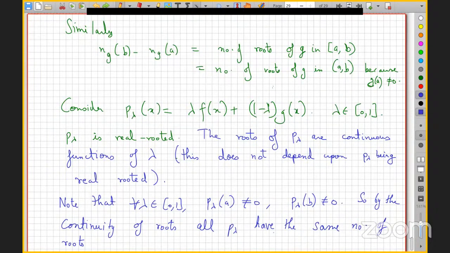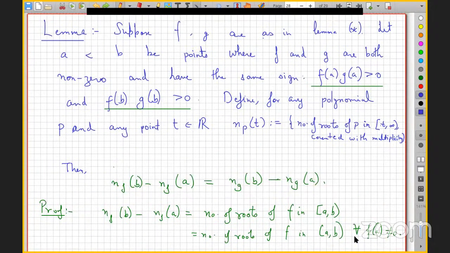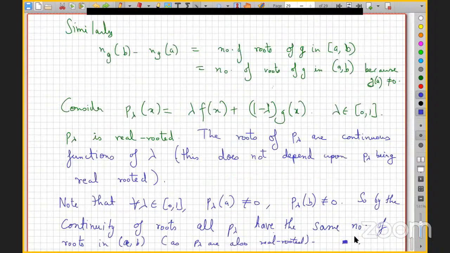Okay. And now you're done. So the endpoints. Okay. So as soon as you find 2 points where they're both non-zero and they agree in sign, the number of roots has to be the same in that interval. So this already looks like something from which we should be able to